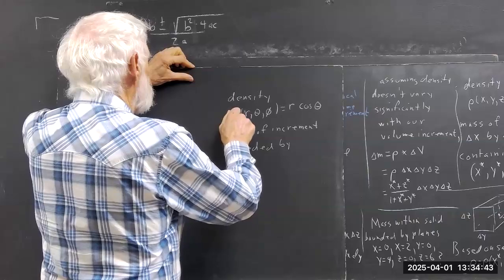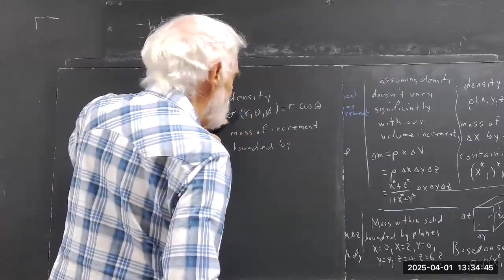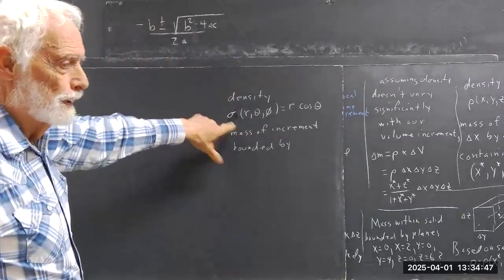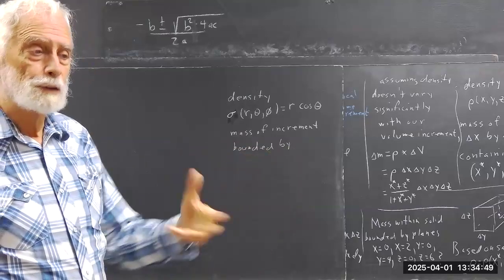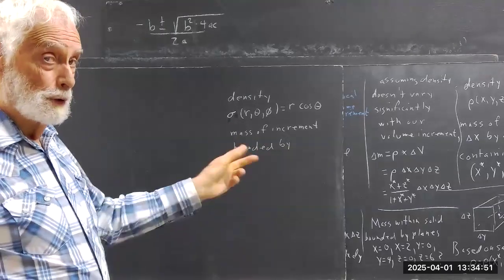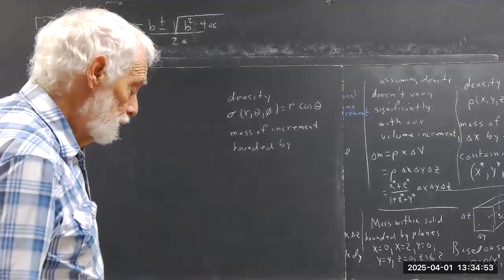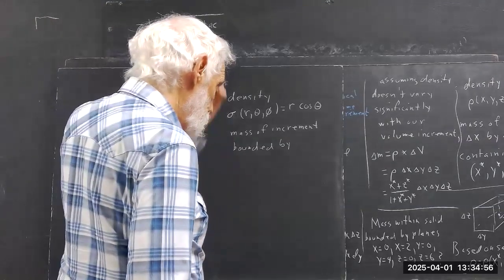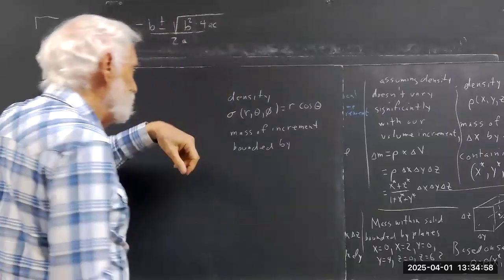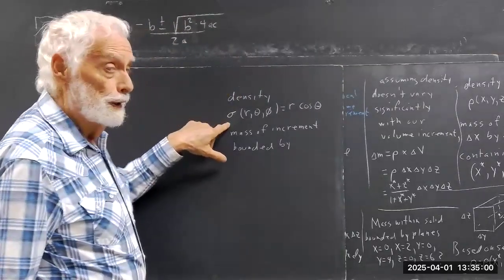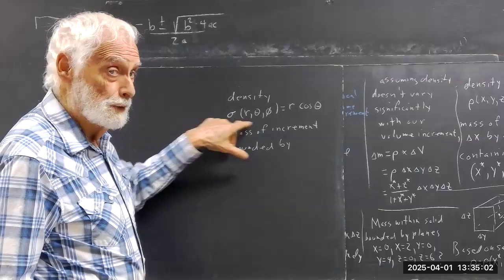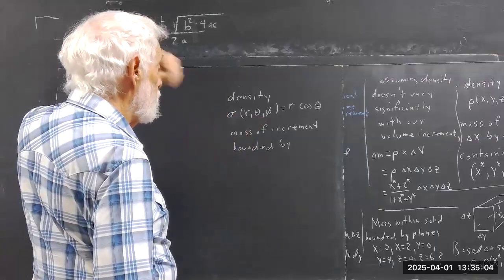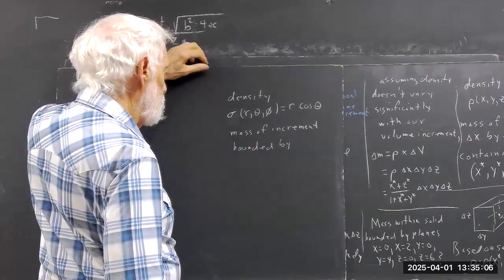Sigma is not a good one because sigma would usually represent a density over an area, surface area, something like that. But I'm going to use it anyway because I can't think of a better one. I could use an alpha or a beta, but sigma is often used for a density, though usually an area density. This would be a volume density. Okay, you've got a mass of an increment bounded by